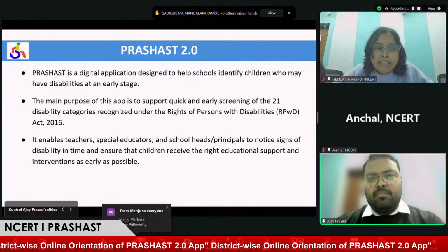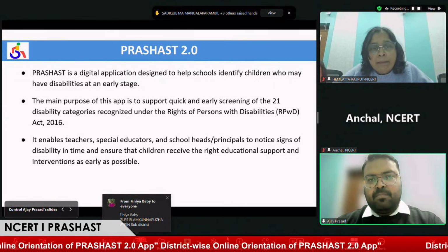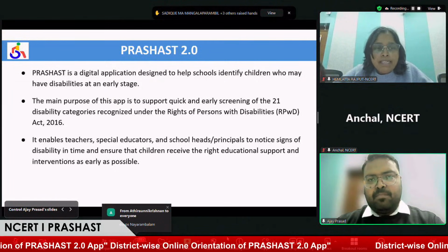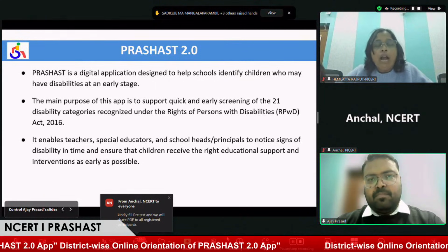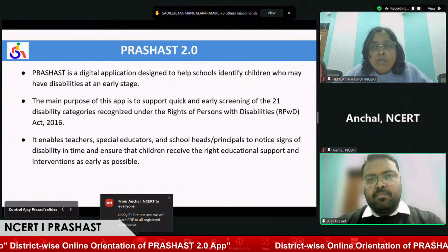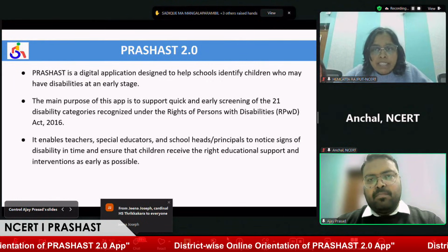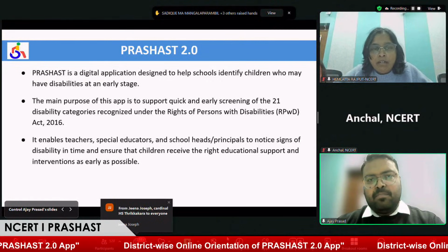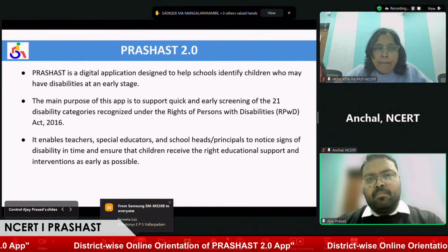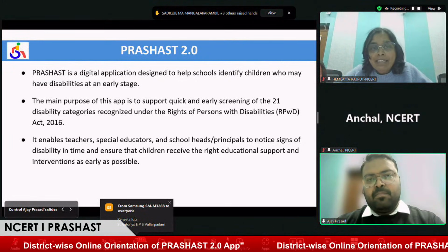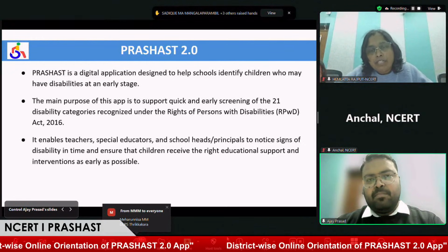We know that there are three major stakeholders in the application: the principal, the teacher, and the special educator. How their functions are related to each other and the coordination required in this application, we will discuss in detail. We'll go through the application, and also understand why we need to screen our children with PRASHAST.